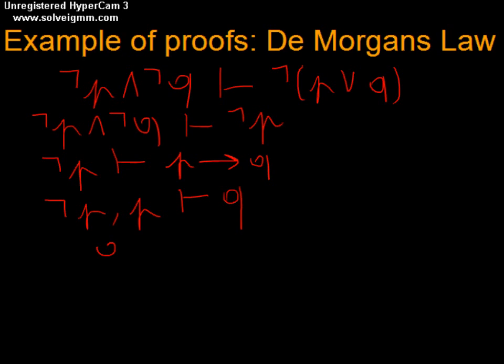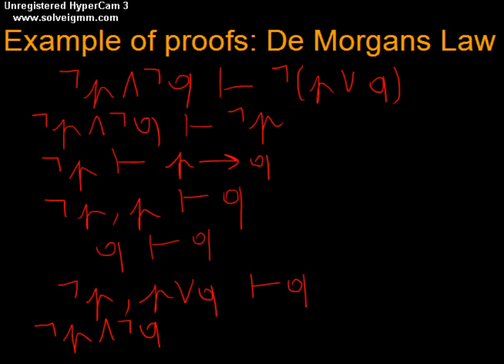But of course, from Q, I can also infer Q. So from the disjunction elimination formula, I have that from not P and P or Q, I can infer Q. So from not P and not Q and P or Q, I can infer Q because I can infer not